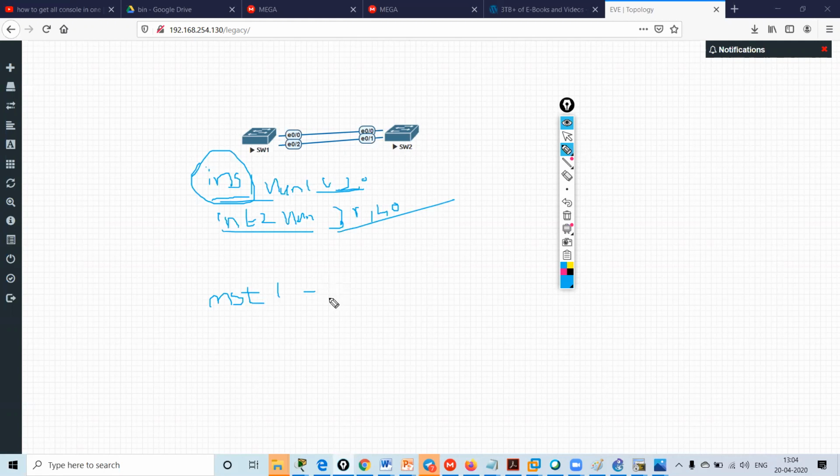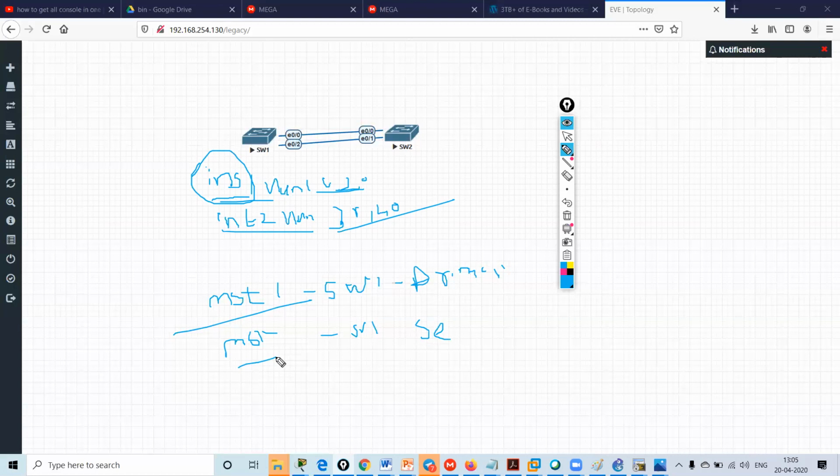It will be my primary root bridge for MST1. And for MST2, switch 1 will be secondary. So what I'm doing over here, I'm creating instances. I'm not giving VLANs. I'm creating two instances.